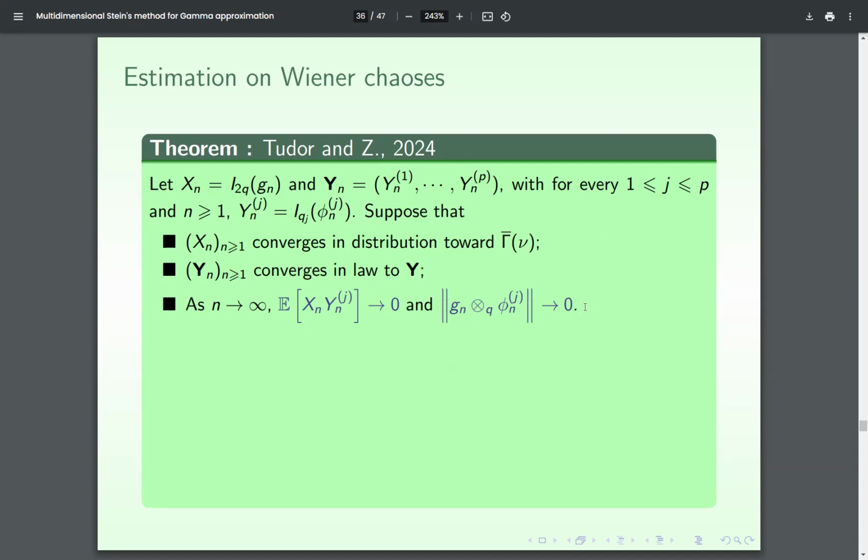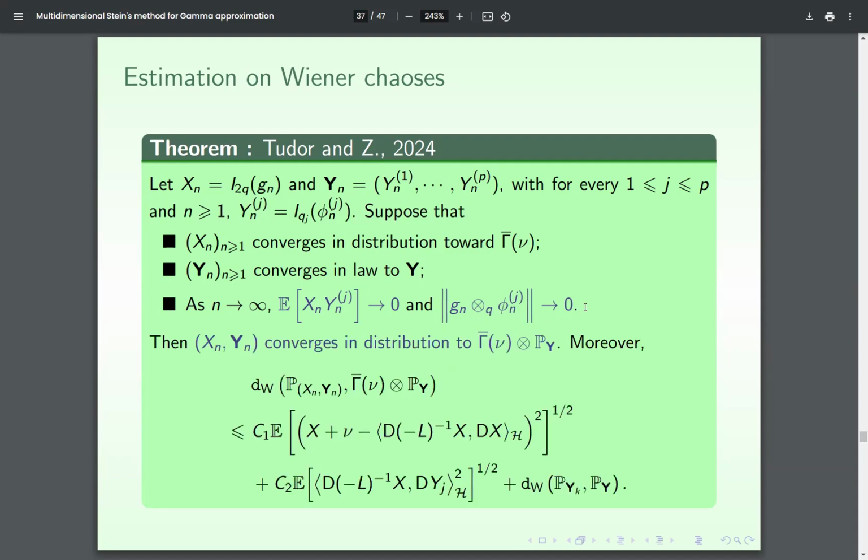If we only suppose that, in fact, we can conclude that we have convergence in distribution to the gamma distribution times the law of Y. In other words, we have asymptotic independence between X_n and Y_n. And moreover, we have an estimation of the Wasserstein distance between the two distributions, which looks very much like what I already showed, with one last term showing the convergence of the random vectors